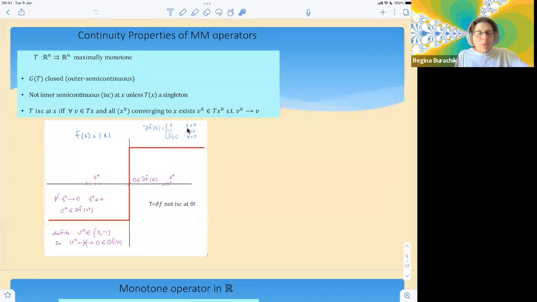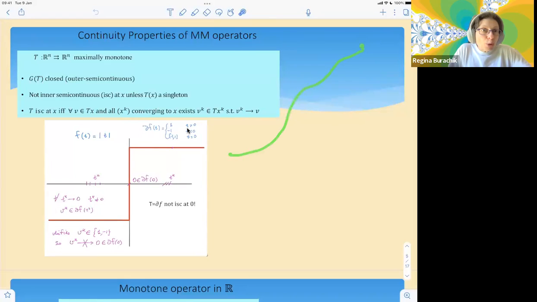And what about the continuity properties? What can we say about the continuity properties of this operator? I want to keep things simple. So in the point-to-set mappings, you have essentially two ways of looking at continuity. Because when sets come into play, there are many ways in which you can extend the classical idea of continuity. So what is the classical idea of continuity for the point-to-point case? So what was Cauchy's concept of continuity? Cauchy's concept of continuity was that you can draw the graph of your function without lifting the pen. That's Cauchy's